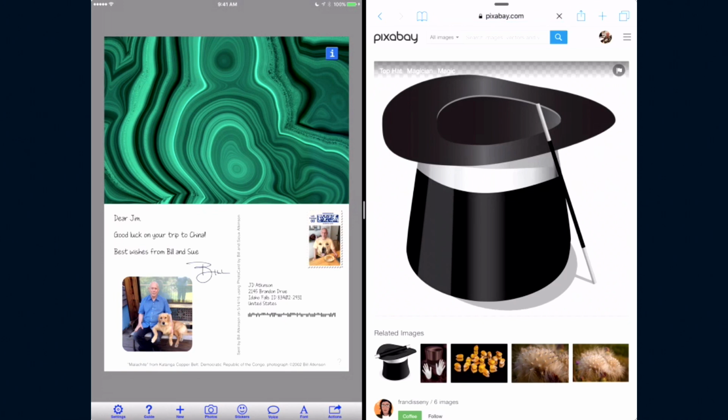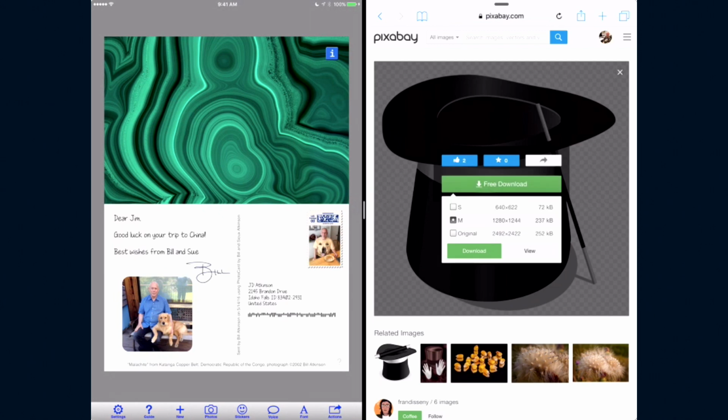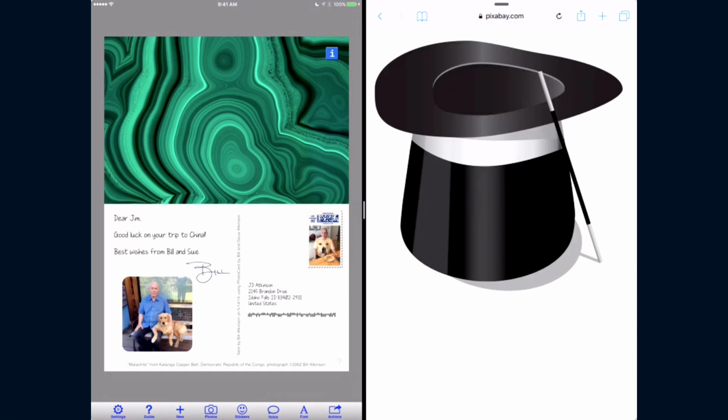And here I notice it's got some checkerboard around it. Parts of this image are transparent. I'm not sure if you can see it on your side. Yeah, we see it. So if I touch on that and download it, you don't need the 1920 because 1280 is fine. Now if I press and hold to copy, and go back into PhotoCard,